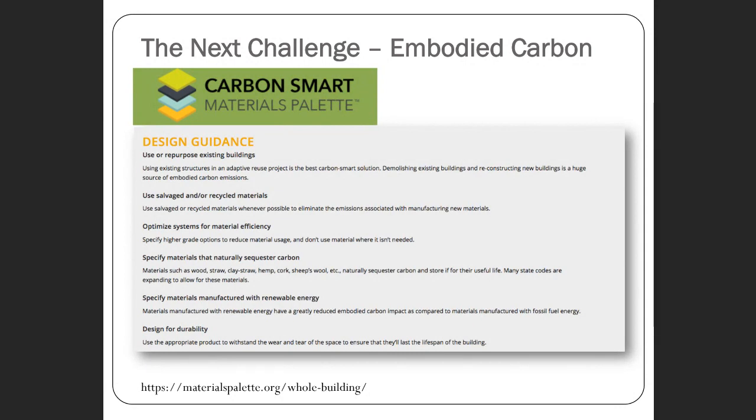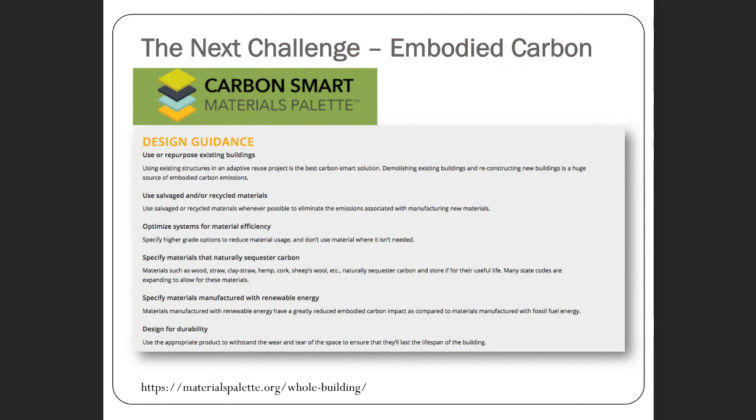All those things reduce the amount of embodied carbon. So again, what we just talked about: repurposing, adaptive reuse, salvage materials, optimization, right? We just heard in both of those YouTubes about module sizing and advanced framing,